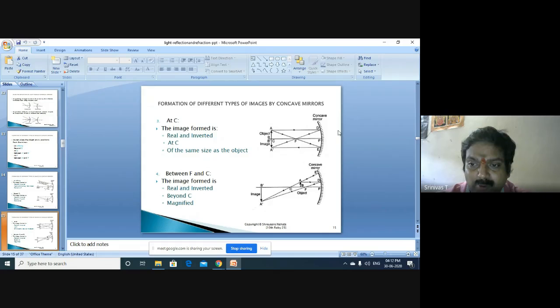One is parallel to the principal axis. After reflection, it comes via the focus. And then another, because the center of curvature is here itself, the second line that you have to take is via the focus. The line passing through the focus will again come parallel to the principal axis. Obviously, whatever light ray comes in this direction, AE, it goes parallel to the principal axis. So you can see over here, one is this light ray and another is this light ray.